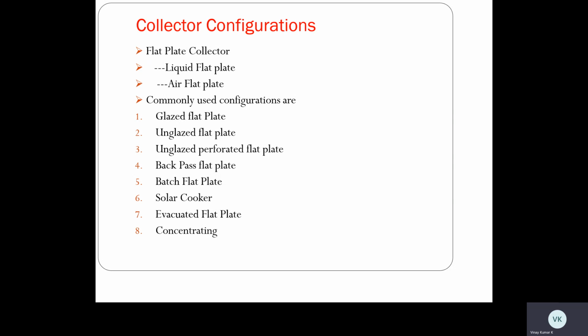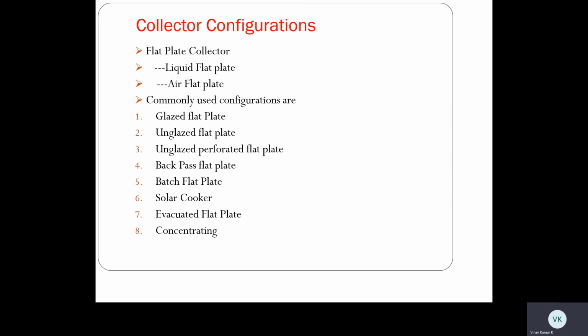That's why some of the more popular types of solar collectors we are using. In that type, the main things are flat plate collectors: liquid flat plate collectors and air flat plate collectors. The most common air and liquid based solar thermal collectors, the quite commonly used configurations in flat plate collectors, are glazed flat plate solar thermal collectors, unglazed flat plate solar thermal collectors, unglazed perforated flat plate solar thermal collectors, backpass flat plate solar thermal